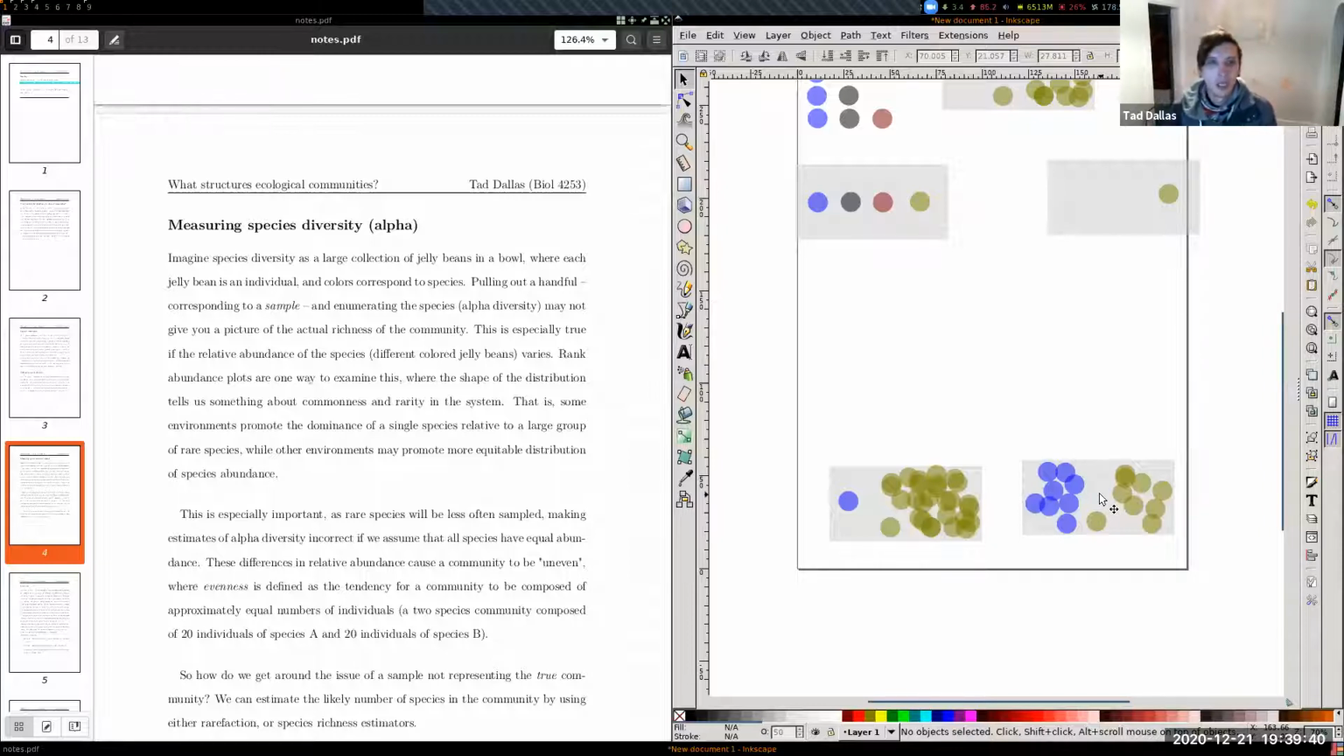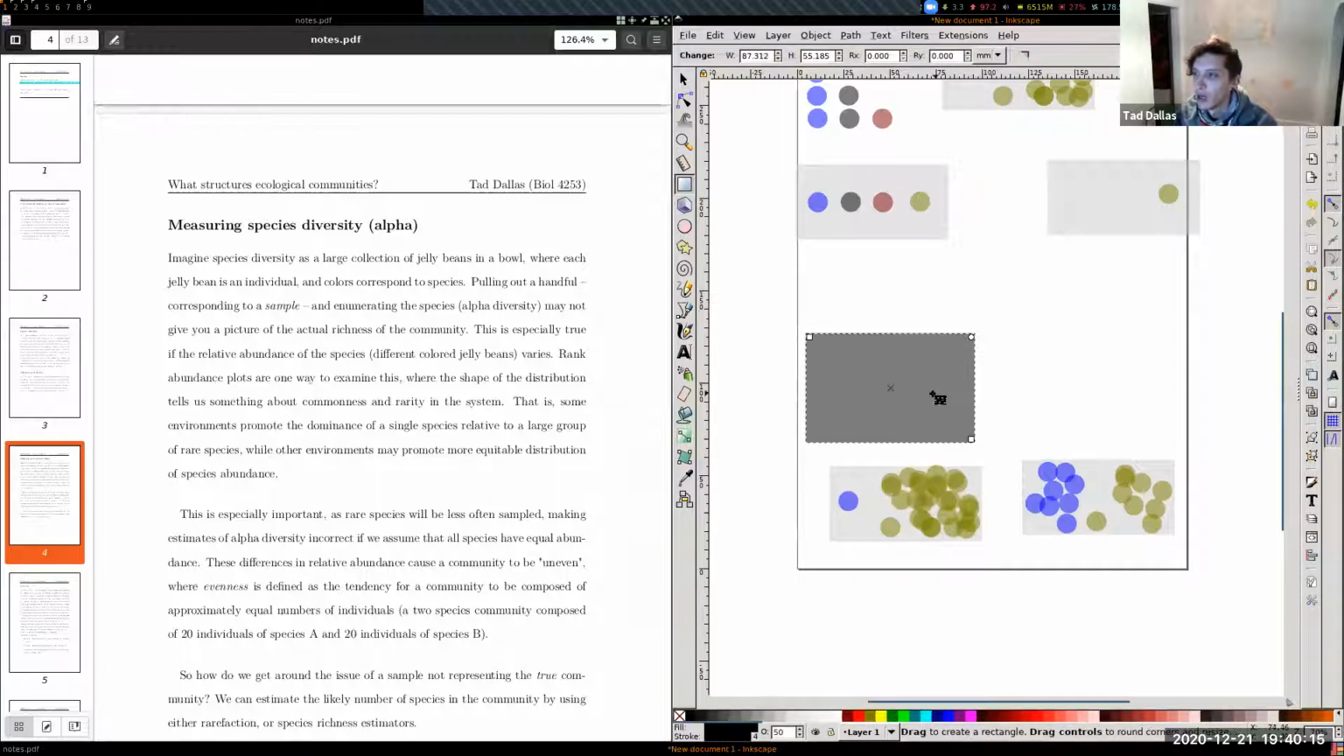It will inherently be easier to estimate species richness or alpha diversity for this community, right? Because if I take a random sample, I'm more likely to sample both blue and this tan green color. Whereas here, if I randomly sample, I'm way more likely to just get this dominant species. And one thing that we can use to diagnose what the shape of the community is like are